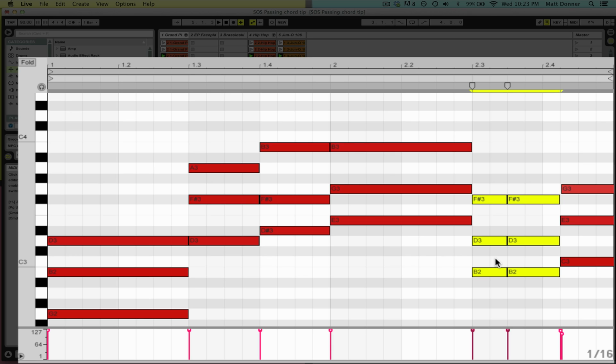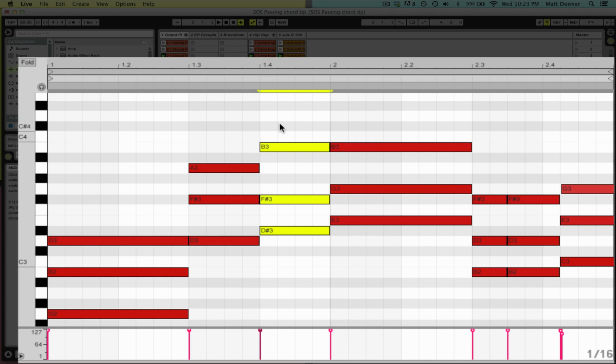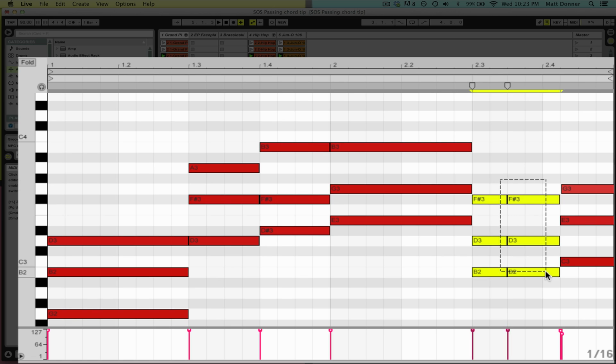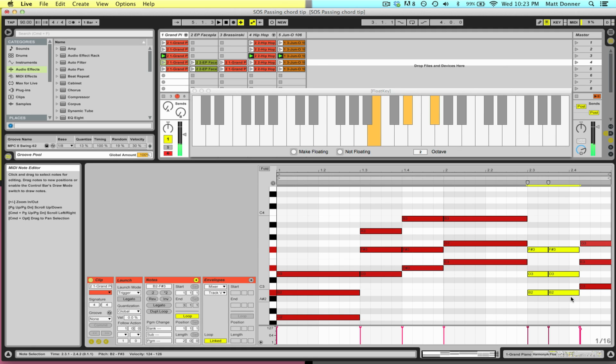Now, you remember this B major. See how it has B, D sharp, and F sharp? But see over here where we have B, D, and F sharp. And that's a big difference. Before we had, and now we have, it's one of those things where there's a deeper reason as to why this works,